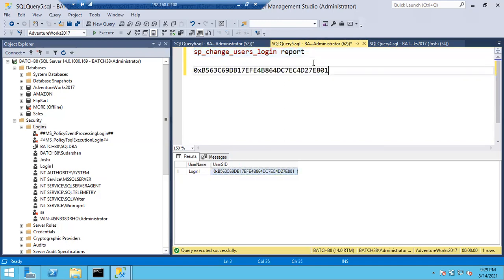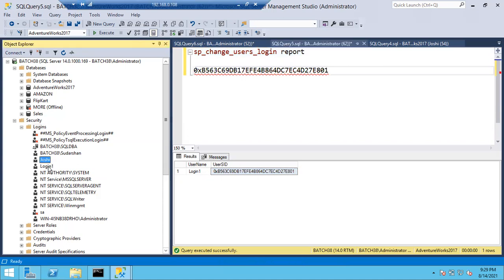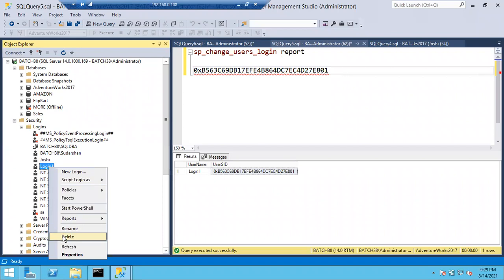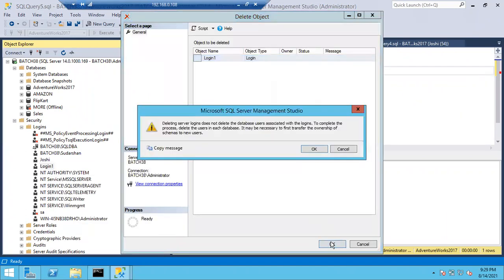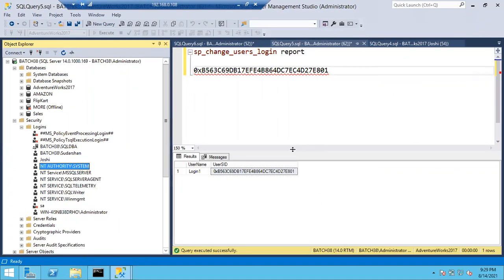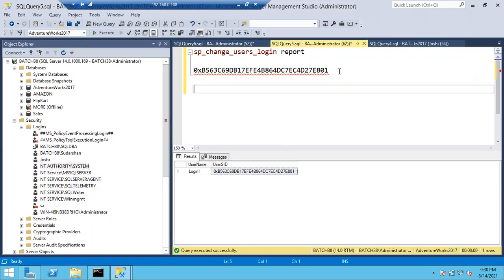So what you can do now, let me delete this login, guys. Login one. Let me delete this. I'm deleting the login one now. I want to create a new login with the same user SID. So what is the query for that?